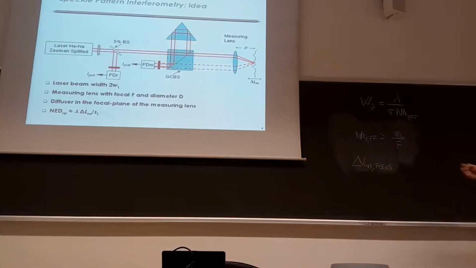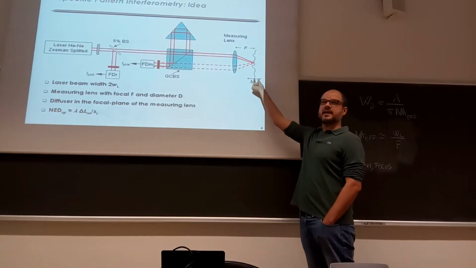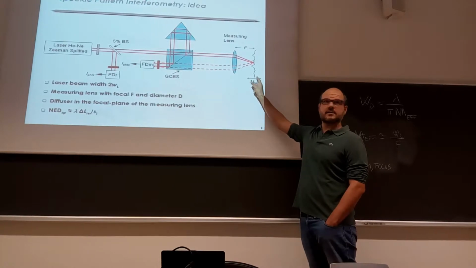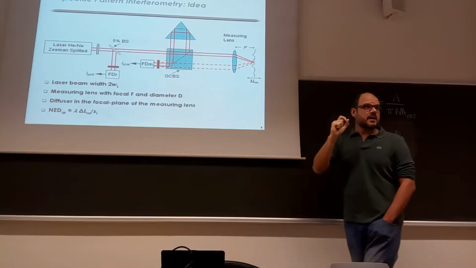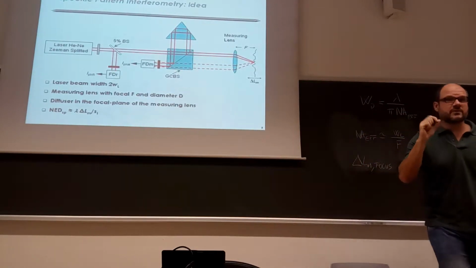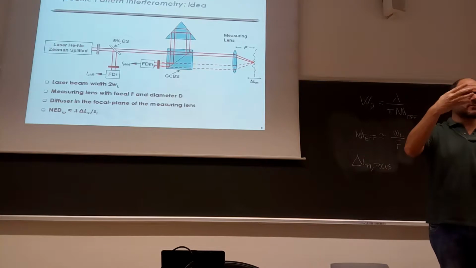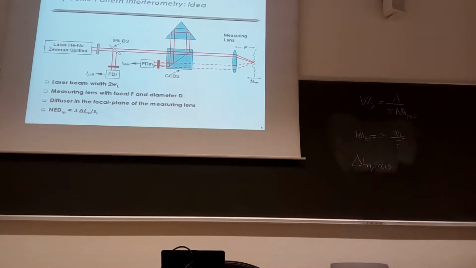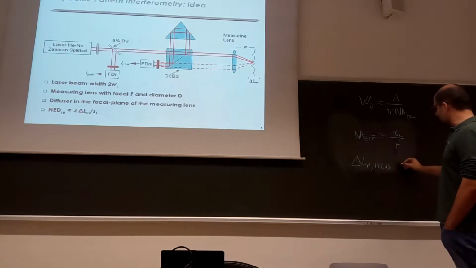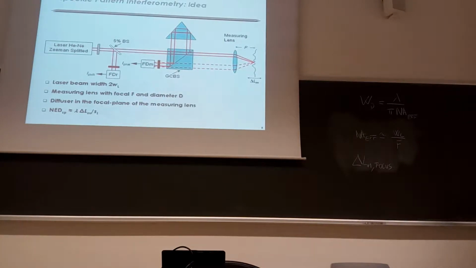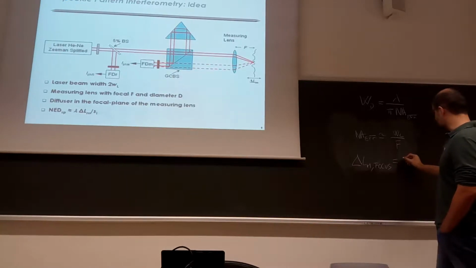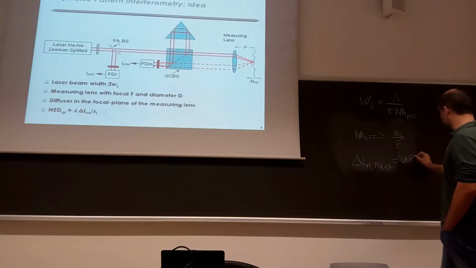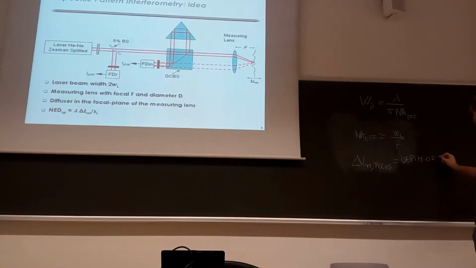This DLM focus is the maximum displacement of the target under which the spot remains more or less the same size. And so, if the spot on the diffuser remains the same size, the speckle pattern distribution is the same, it remains unaltered. Okay? This is important. This is simply given by the depth of focus of the lens. We can say that this is equivalent to the depth of focus